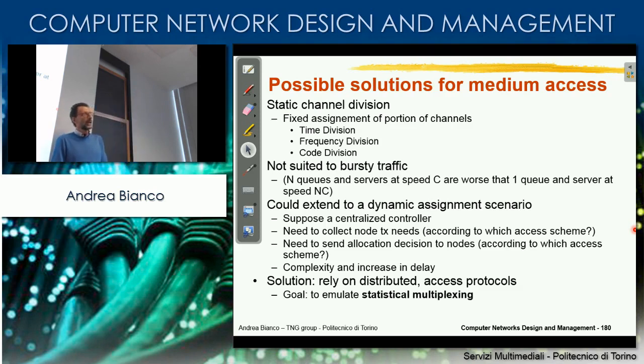So you may say, well, the static TDM you don't like. Why don't we take a dynamic TDM according to user needs, which is statistical TDM? The answer is yes, we would like to do that, but doing that in a centralized fashion is a nightmare. Why? Well, because we will need to collect information from all of the nodes about their needs, then assign transmission time, because of course you have a TDM frame. You can assign a different number of slots to different users, right? Matching their needs. So in this room we are 100, instead of having 100 slots,